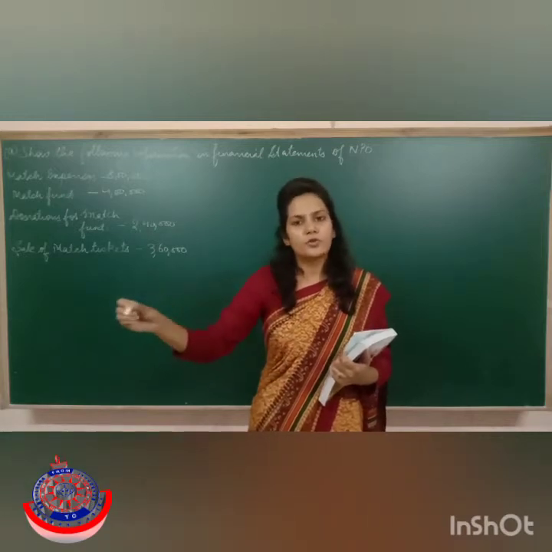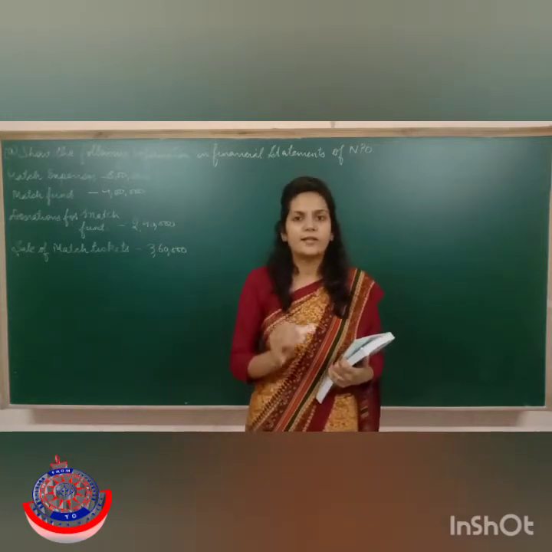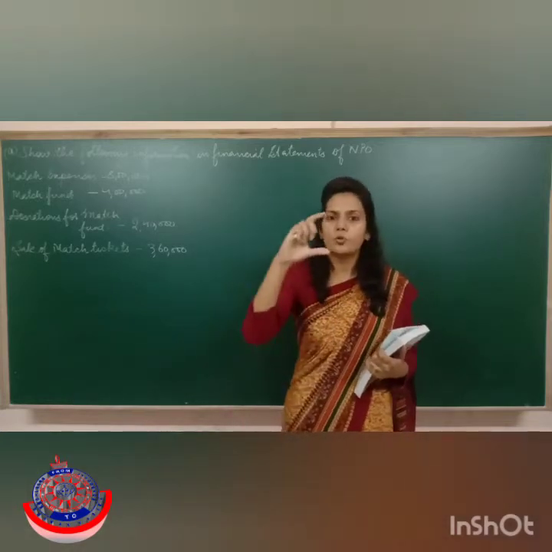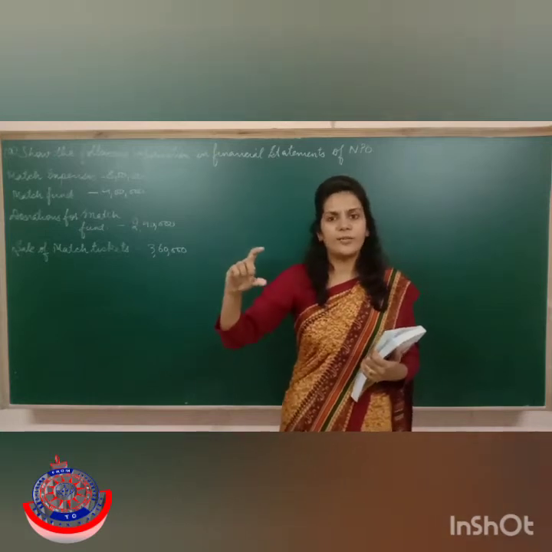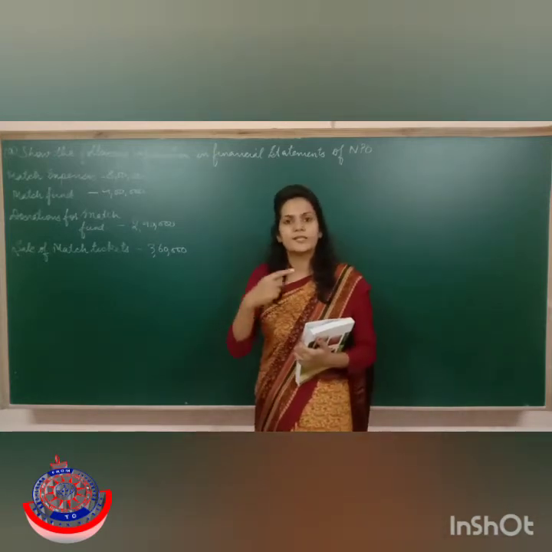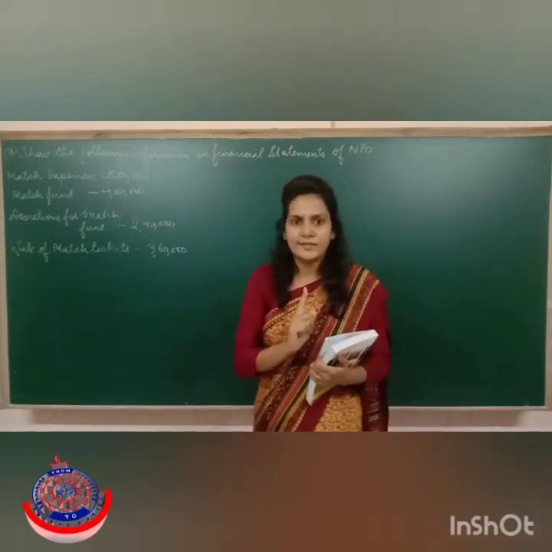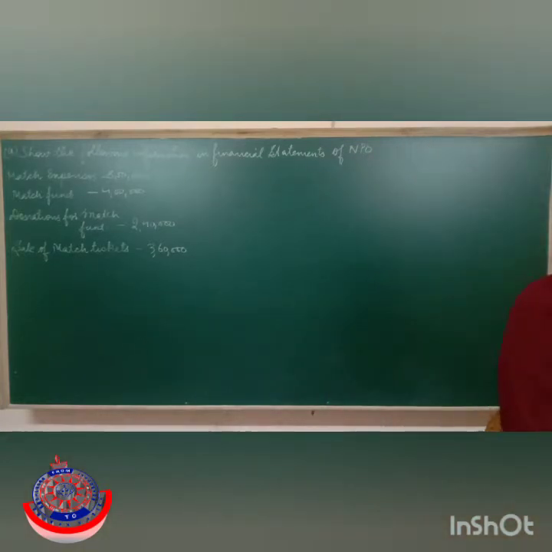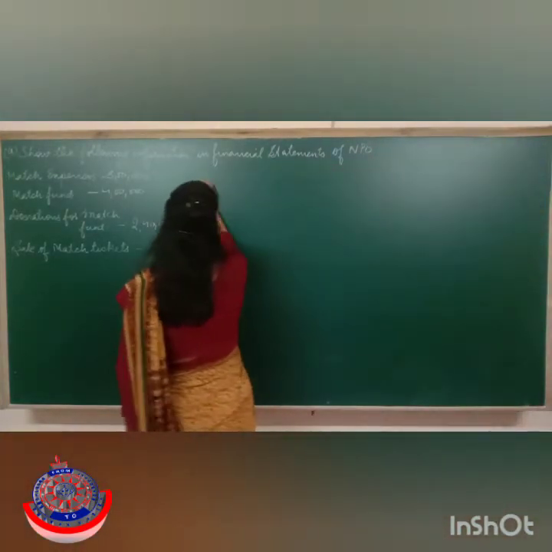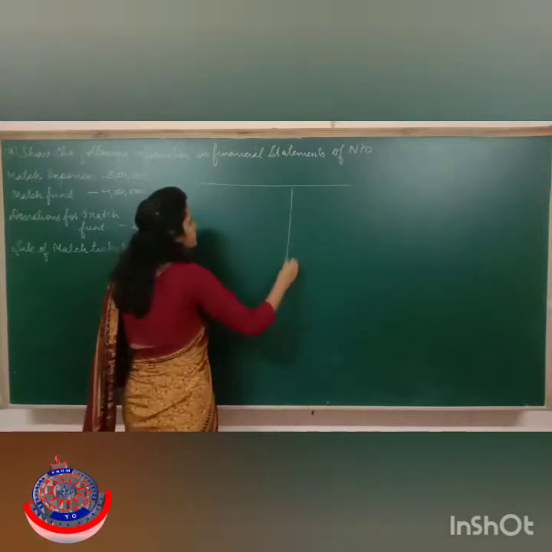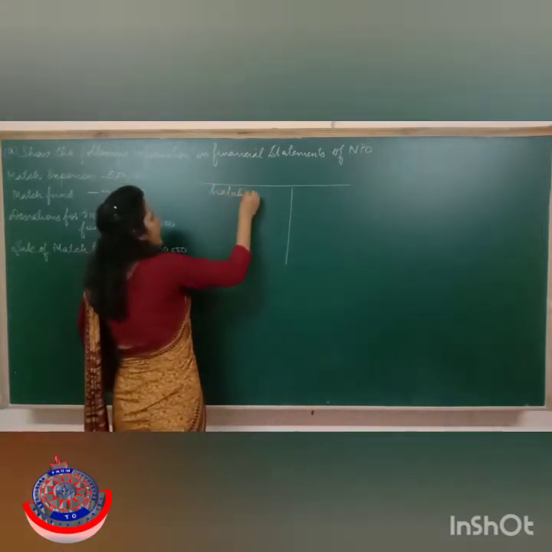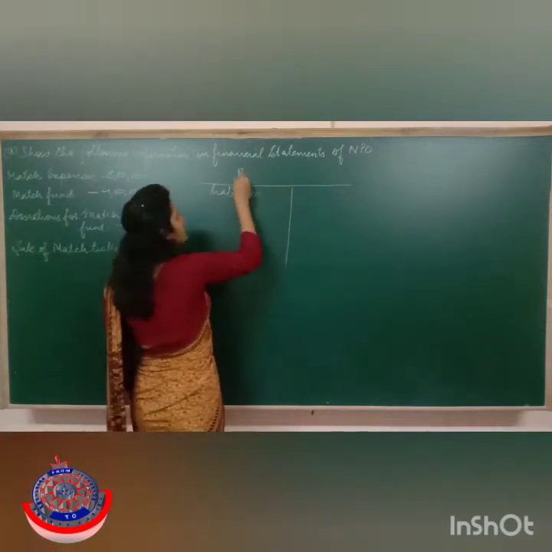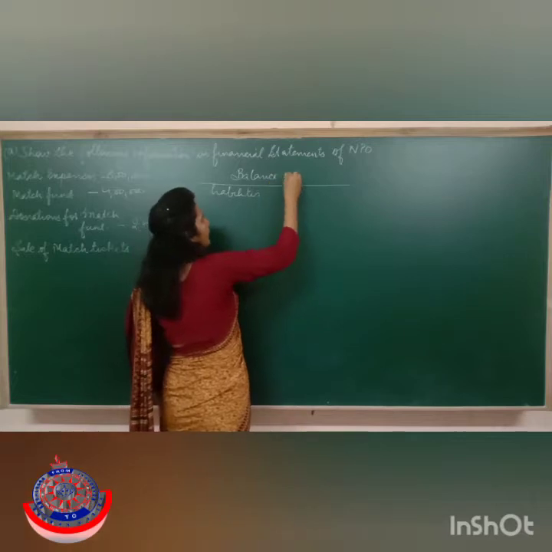If somewhere else we have to show it, I will tell you later on, but right now you need to understand only this fact: if you have been told in the question to show only the extract of the financial statement, then you have to do the whole process in one financial statement itself. Like here, if match fund is given, first of all you have to make a small balance sheet extract like this. As we are going to show only the liability side in this question, write here liabilities, and this is the extract of the balance sheet.